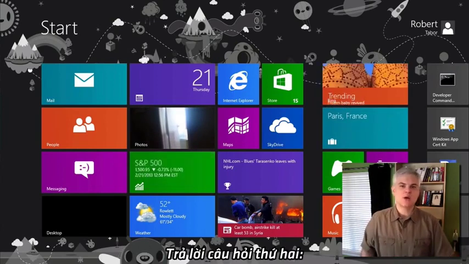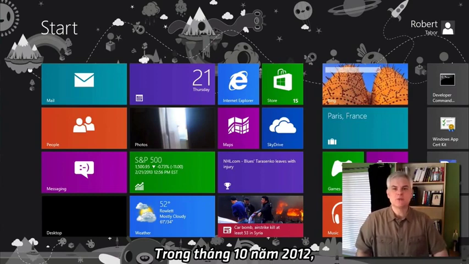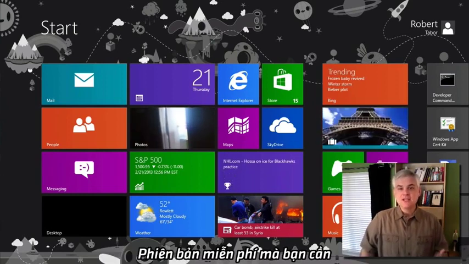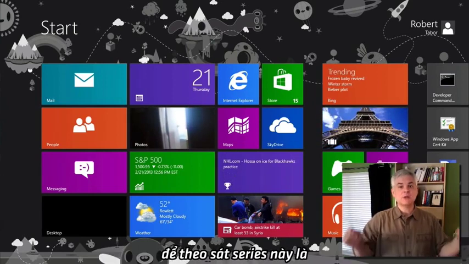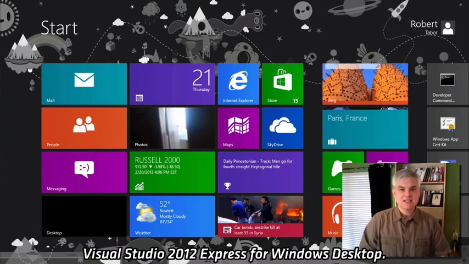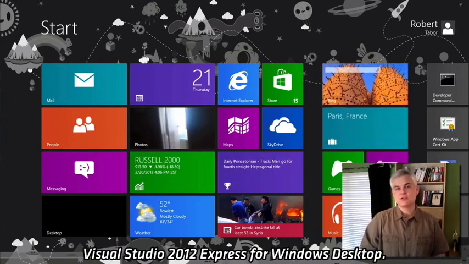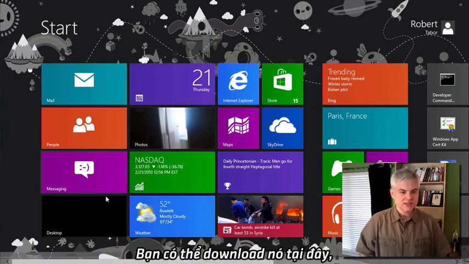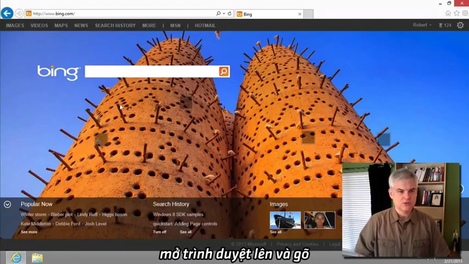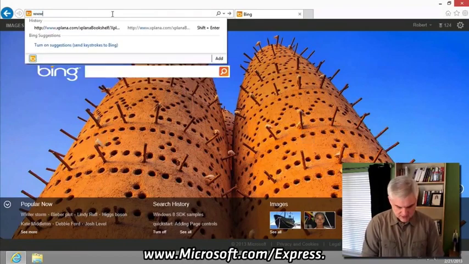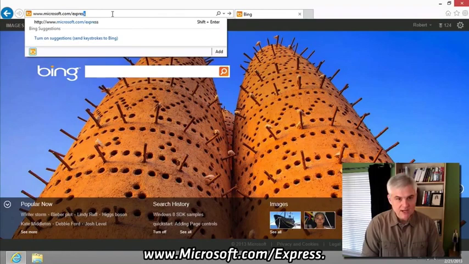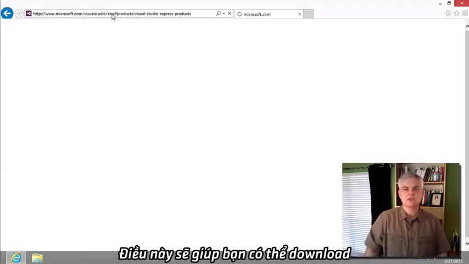To answer the second question, in October 2012, Microsoft introduced Visual Studio 2012 in several editions. The free edition that you need to follow along in this series is the Visual Studio 2012 Express for Windows Desktop. And so you can download it from here. Let's go to our web browser and go to www.microsoft.com/express, and that will always take you to the latest